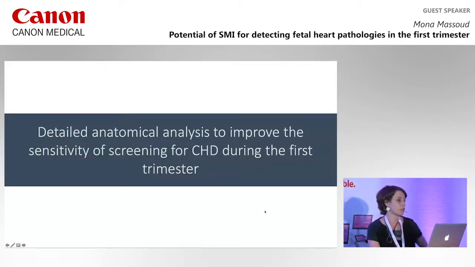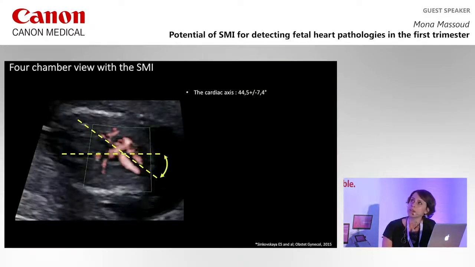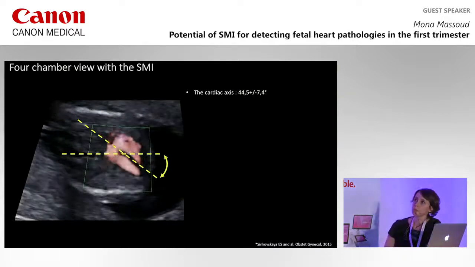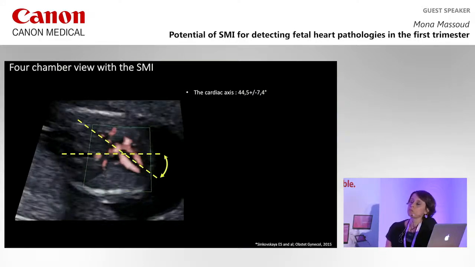So, a detailed anatomical analysis is needed to improve the sensitivity of screening for cardiac heart defects during the first trimester. I think that, first of all, we have to be systematic in our analysis of the fetal heart. So, in the four-chamber view, with the SMI, we can clearly see the axis of the heart. And the normal axis is usually about 45, 50 degrees. We can see